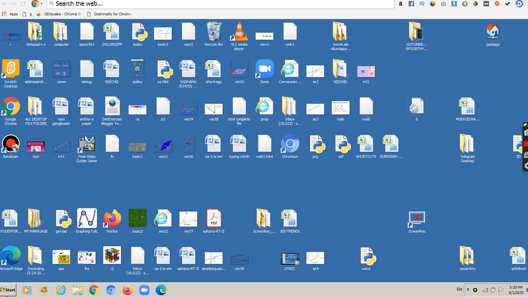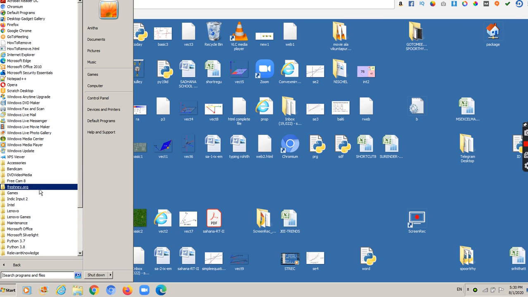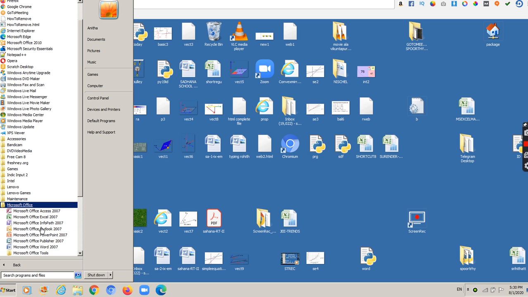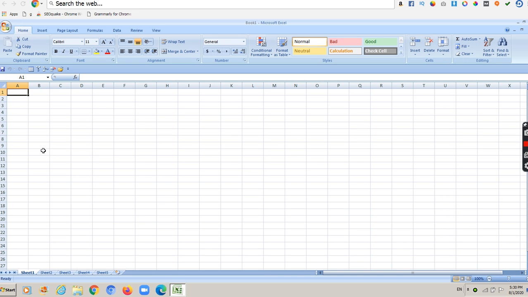So welcome back here. How we are going to open the MS Excel file, we already know. Today we'll see the rank function. So go to MS Excel: start, programs, all programs. We have Microsoft Office; in this one, select Excel. So how to open a file? Control O shortcut key.